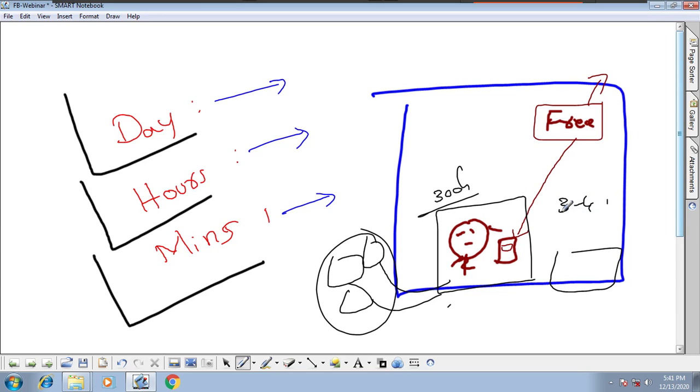If you are a very free guy, you don't have any job, you don't have any work at home, then what will you do? You will shop around the shopping mall for how many days? Maximum one day, 10 hours, 12 hours. Which means, what I am trying to say, you will get an IP address from the Wi-Fi modem, but